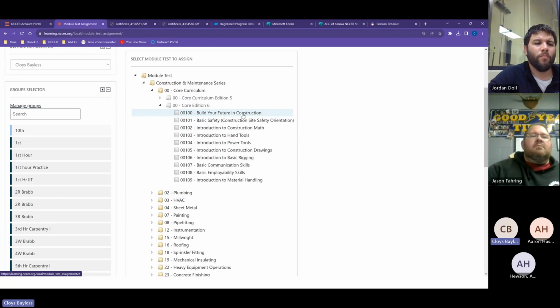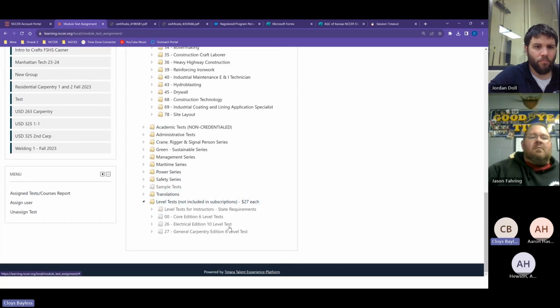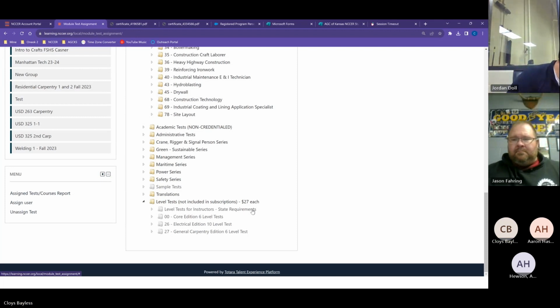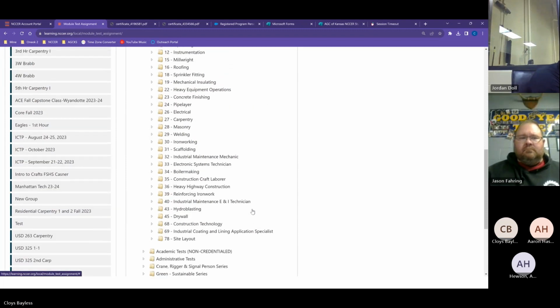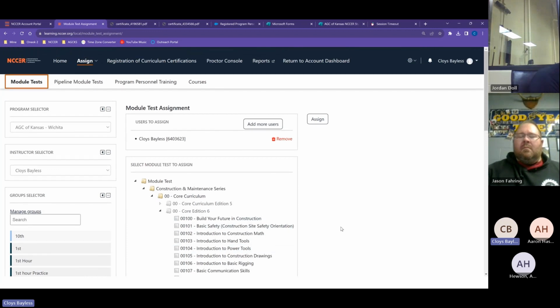Any questions? The level completion down here at the bottom is not part of our agreement with NCCER. It isn't covered in cost. I told you we cover all your testing fees. These testing fees are not covered in our agreement with NCCER, so that's an expenditure outside of that. The only reason I said that is because we got an invoice that someone did.